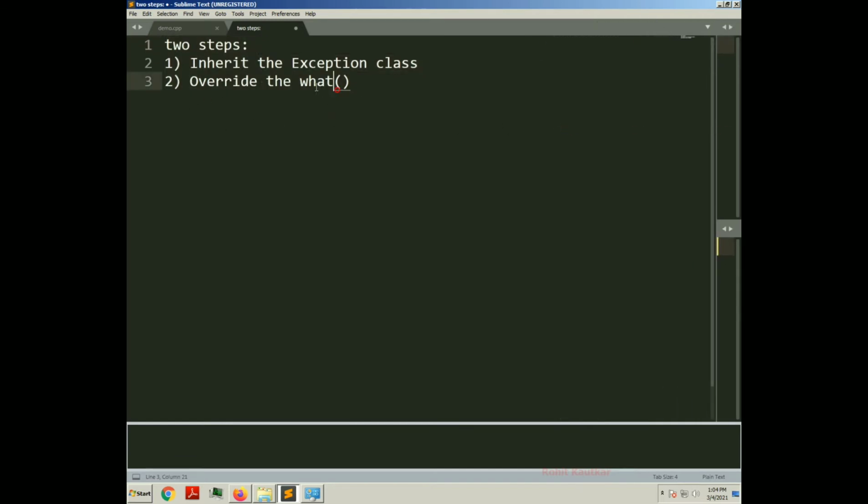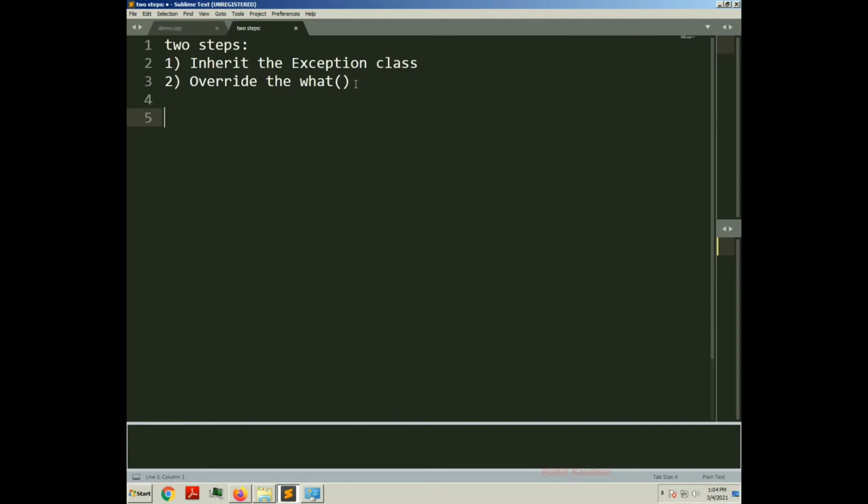This exception is a predefined class in C++, and this exception class consists of one method called what. So this what method we will try to override within the user-defined class. So how to override this what method?